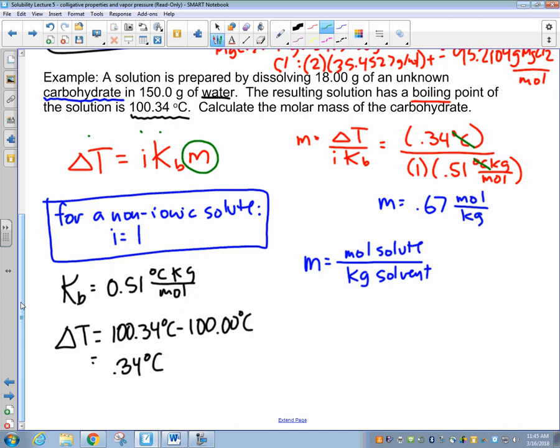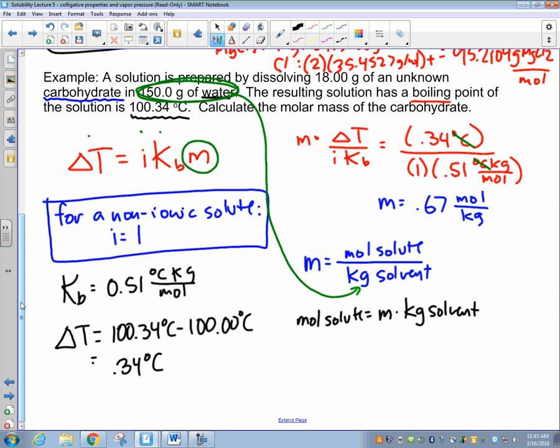And looking at our solvent, we dissolved this in 150 grams of water, which means I just need a real quick conversion to get that into kilograms, and I can therefore rearrange and solve for my moles of solute in this particular equation. So rearranging and solving here, multiplying both sides by kilograms of solvent, I get the moles of my solute is therefore equal to the molality times the kilograms of the solvent,